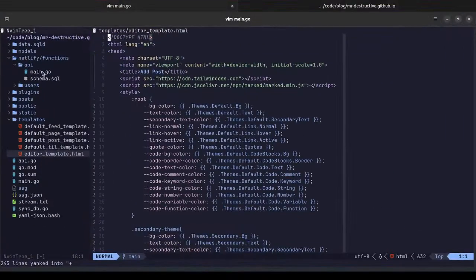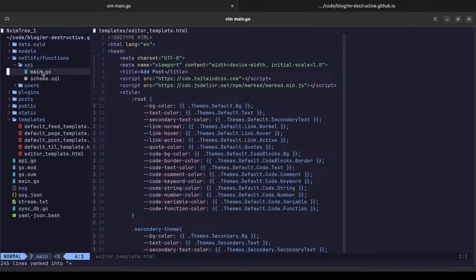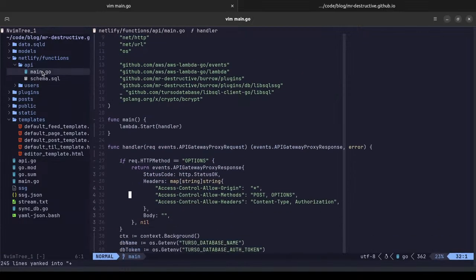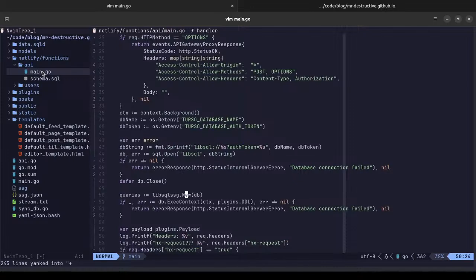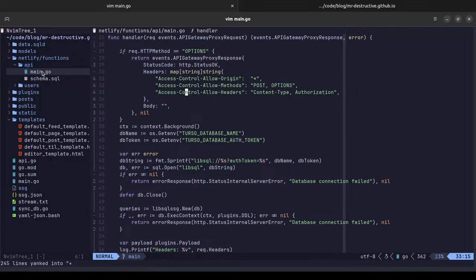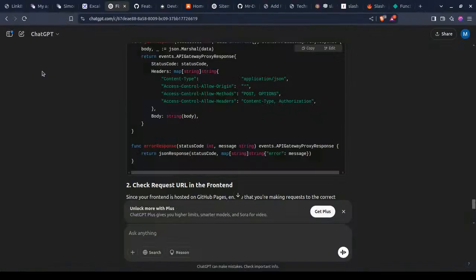It seems to suggest that we are only sending this on the options method and not on every other method. But